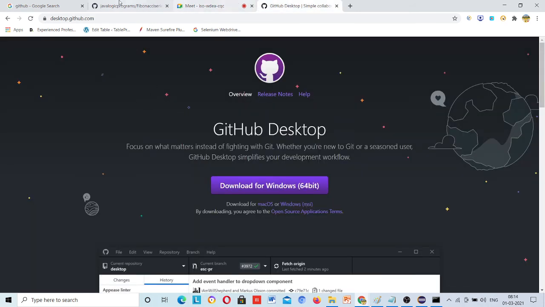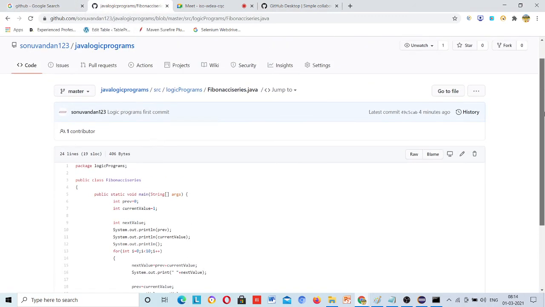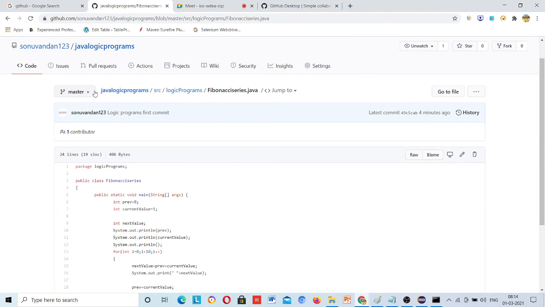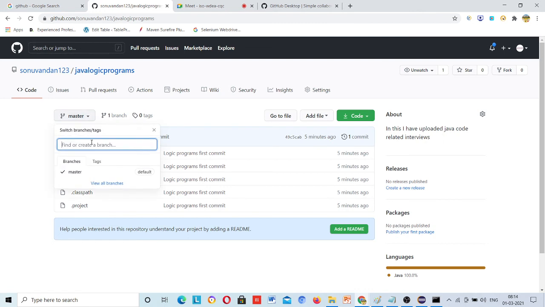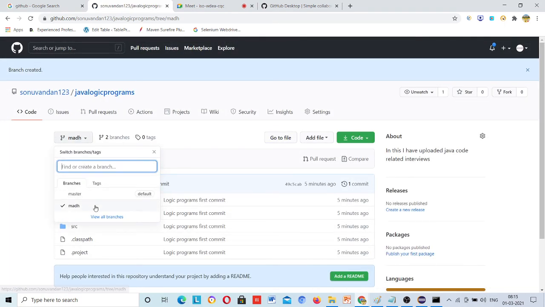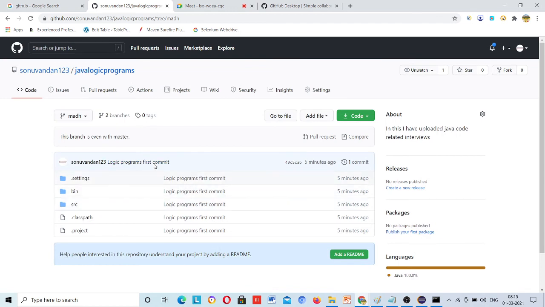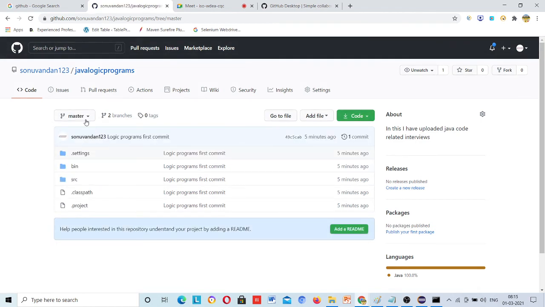Yes, of course. Currently I have only one branch, because I am the only person working on this project. Just go and create one. Suppose your name is Madhavesh, just create your own branch. I have typed MADH here and just create this. Then see, another branch is created named Madhavesh. Inside the Madhavesh branch this code is present, and inside master also this code is present.